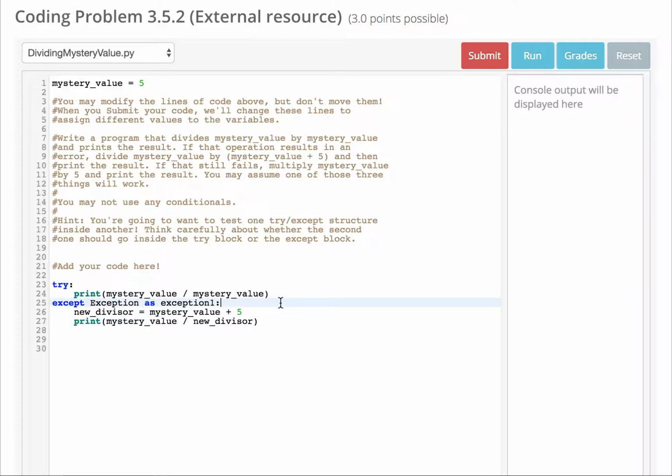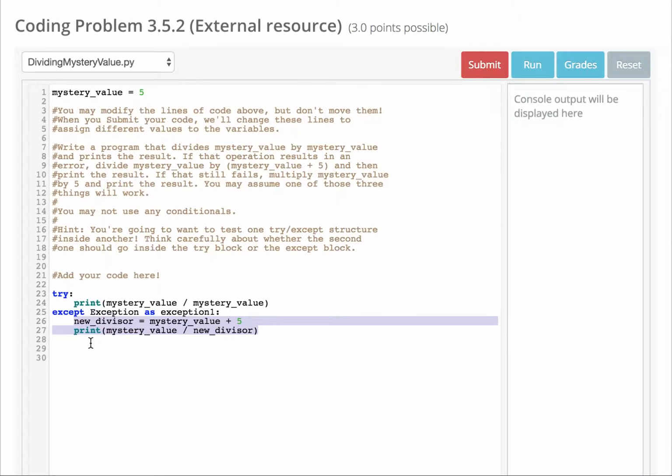Okay. So, but what if in the case that this print statement fails too, or if new divisor is not calculatable? So then in the problem it says if that still fails, then you want to multiply mystery value by 5 and print that result. So in this case, it would not take that into consideration. So we can put a try block within a try and except. So we can have it try